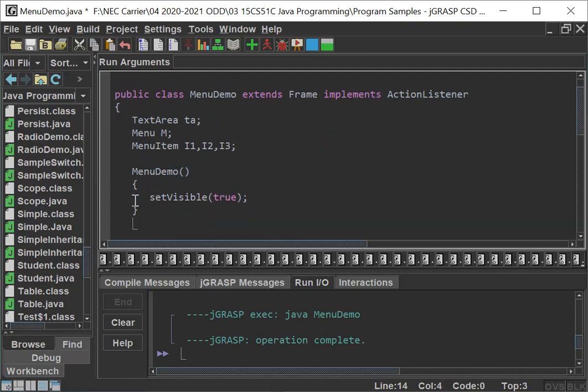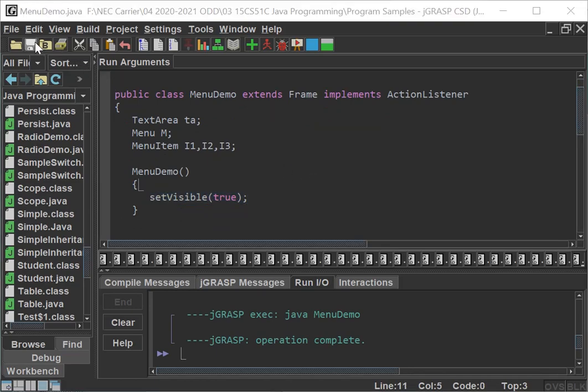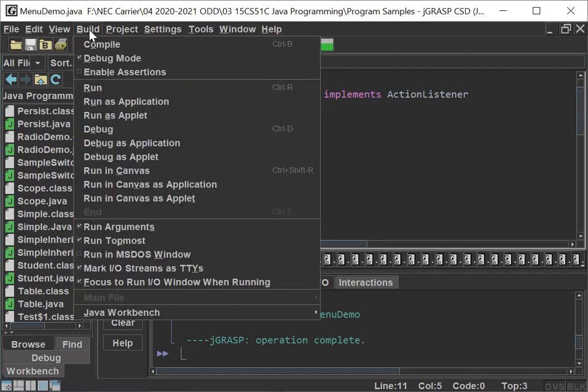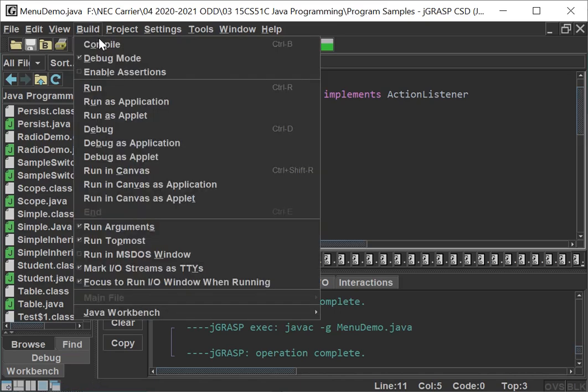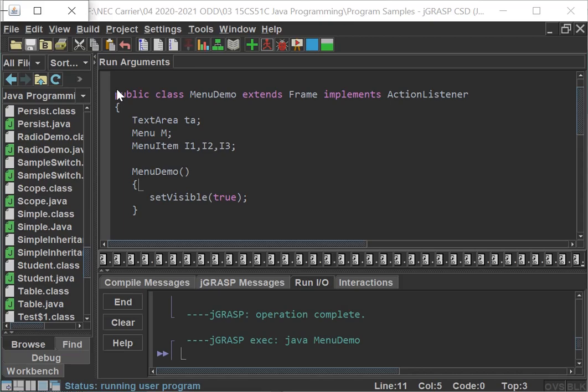After that, within the constructor I have given the definition setVisible of true. So what will you get after compilation? Compilation is a success, and I'm going to execute it. Look here, something is there.